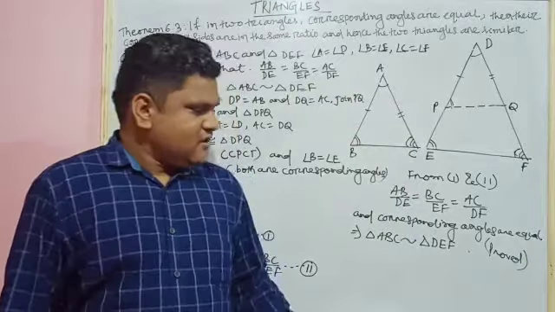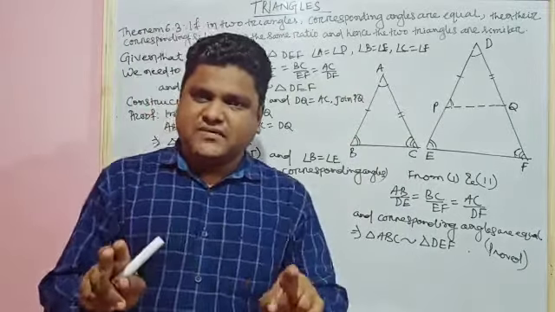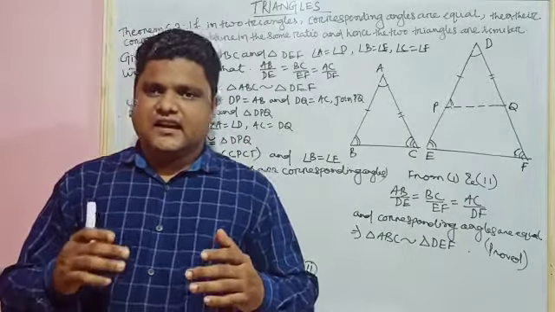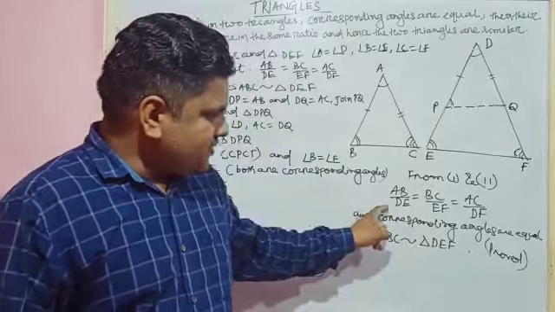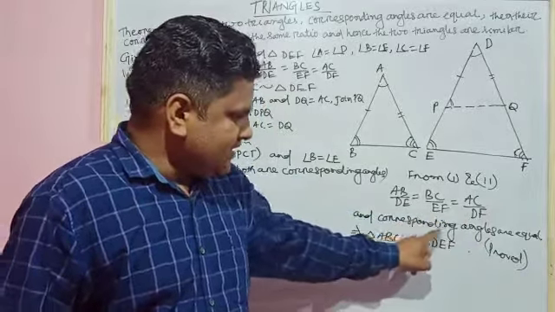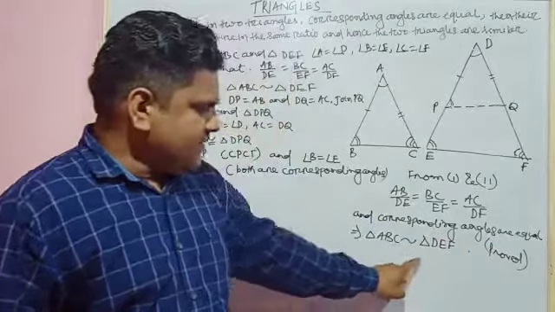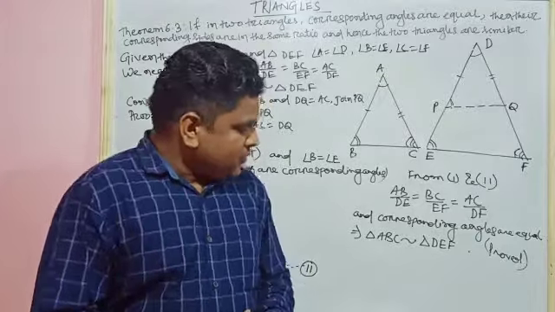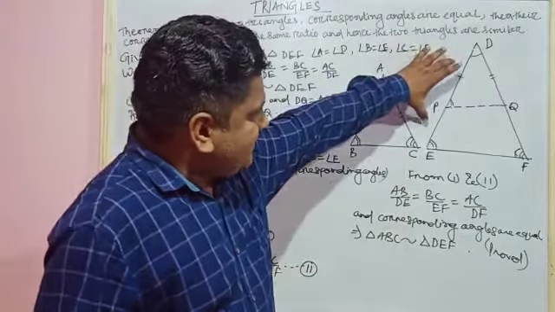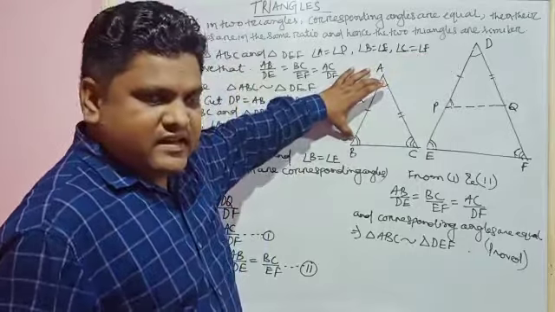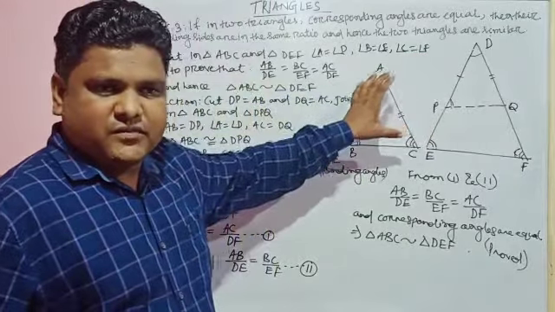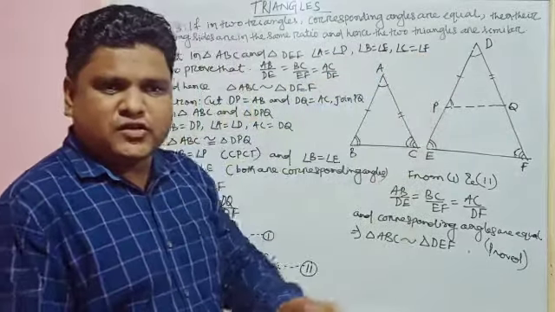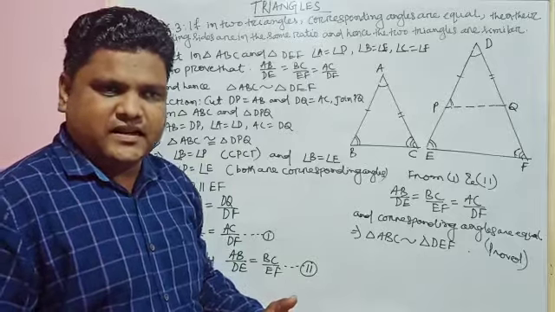So we need two criteria to prove two figures similar, that is corresponding angles are equal and the corresponding sides are in the same ratio. We have proved here corresponding sides are in the same ratio and corresponding angles are equal, it is given. So triangle ABC and DEF are similar. We have proved this taking DE greater than AB. If DE is less than AB, then also the proof will be similar. And if AB and DE are equal, then the two triangles will be congruent and hence similar.